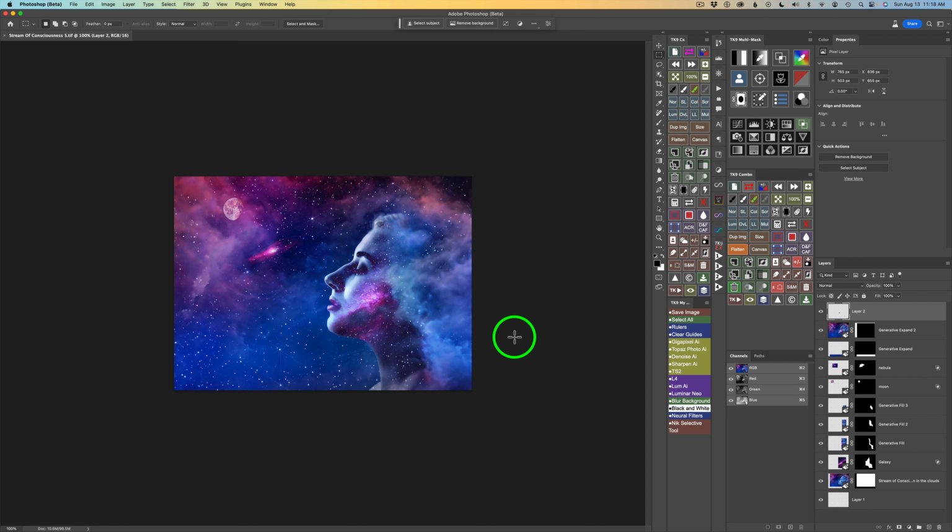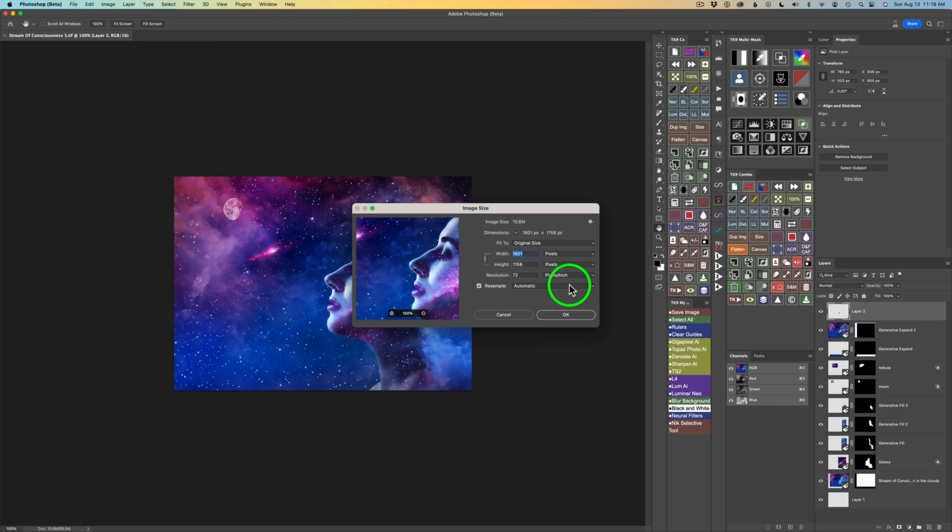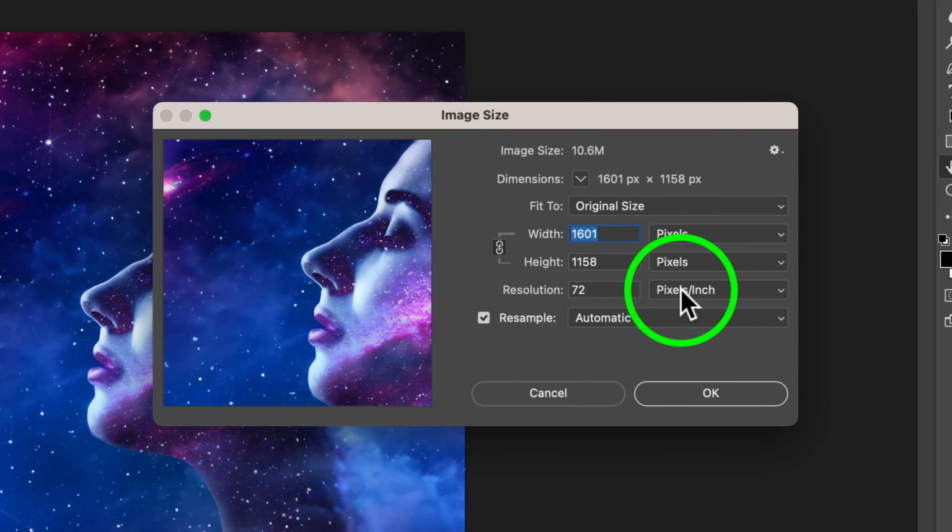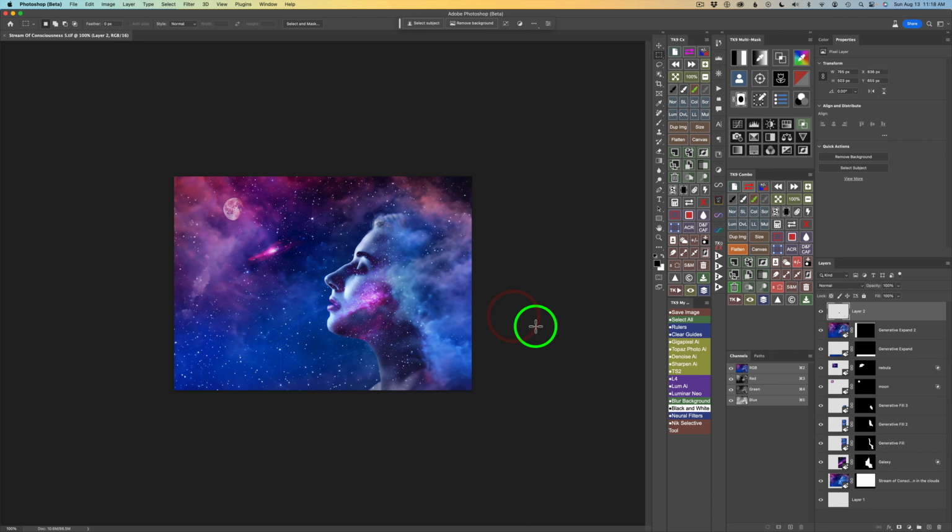Now, if I wanted to print this out, I would have to definitely upsize this image, because if you recall, this image started out at a very small size. Right now, after I added some to the image with the Generative Expand and the crop, it's now 1601 pixels by 1158 pixels, which is very small. So I need to upsize this because I would like to make a print out of this. Now, I could do it right here in Photoshop